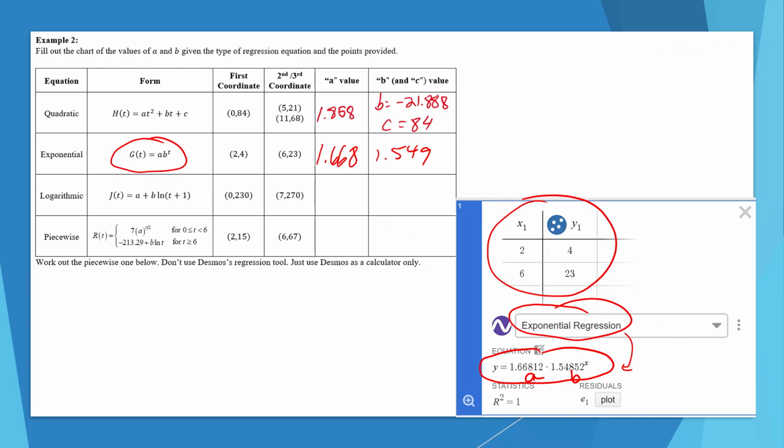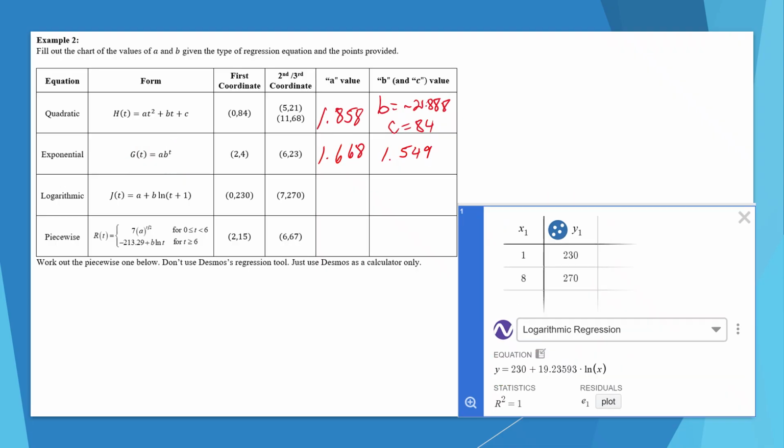And that's going to be our values for A and B for that exponential regression. For the third one, for logarithmic, now this is really important because for the first time we see a t plus 1 on the inside of the parentheses. And watch out, you may or definitely could see this on the semester summative. And so if you see t plus 1,